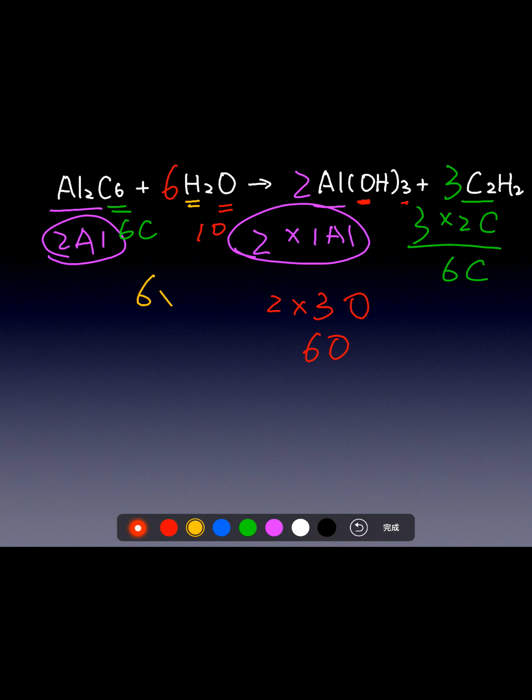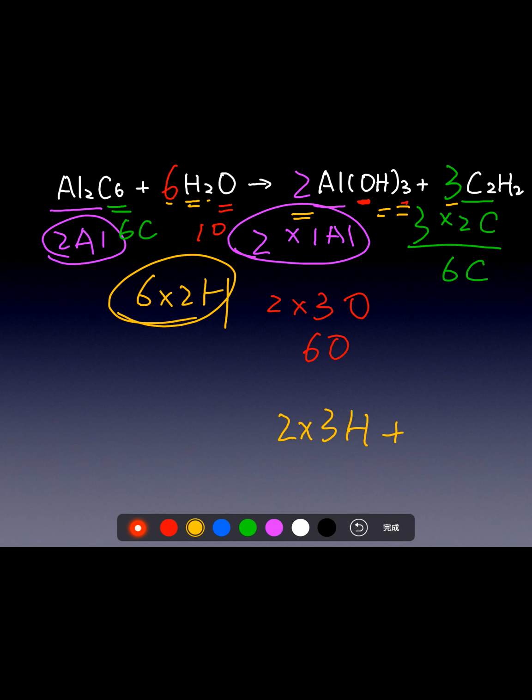We have 6 times 2 hydrogen for the left hand side, and for the right hand side we have 2 times 3 hydrogen plus 3 times 2 hydrogen, which is 12 hydrogen atoms, which is equal to the left hand side. So this equation